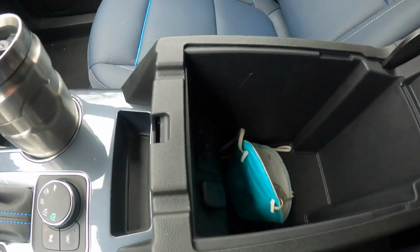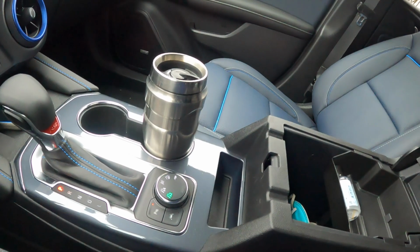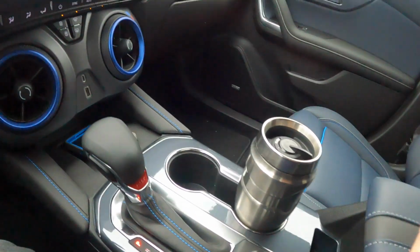And once again, USB, USB-C, plus a power port right there, also known as a cigarette lighter for those of